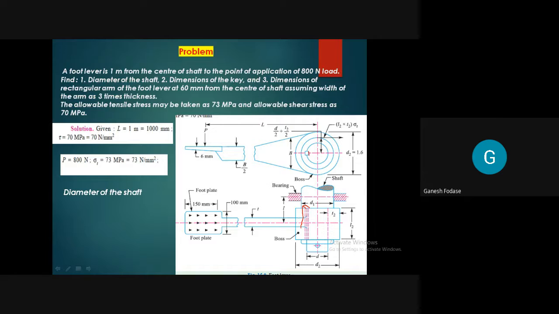Assume it. Do you understand, sir? I'm trying to draw it here, but it is very difficult for me to draw this particularly. If there is a pen, then I can draw properly. But you can understand this one is your shearing area, that is L1 into W. Right, Harshal, you are right. Okay, I'm happy that you understood that.